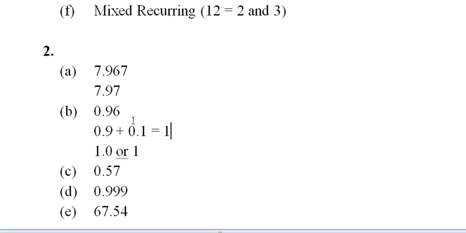Okay, so you have to move to the nearest 1 decimal place. Why? Because you will ignore this 6, because you have to move to the nearest 1 decimal place. So for a time being, we will ignore this. Okay, so then what you will do is that you will plus 0.1, because you have to move to the 1 decimal place. So that's why we are writing 0.1. So it is 0.1. Okay, if it was 2 decimal place, then it would be 0.10. Okay, so that's how you have to do your calculation.